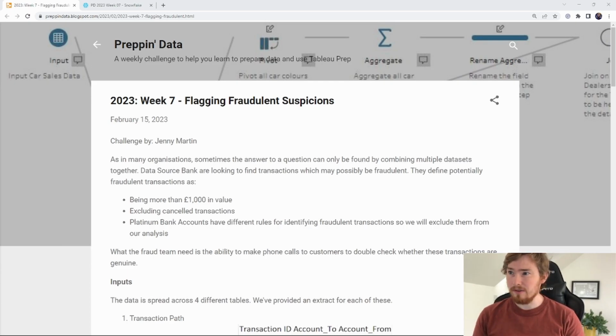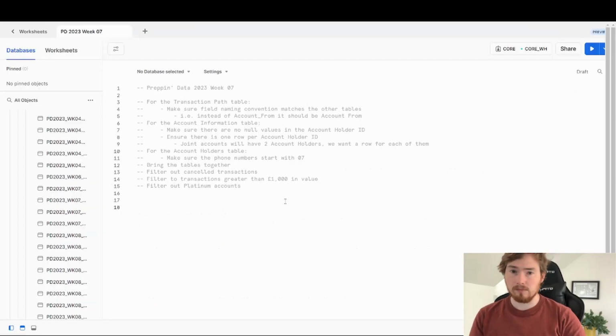In this challenge, we're looking for frauds, finding out frauds. We're combining a lot of data sets together, so we're going to be doing a lot of joins in SQL. Okay, so we have a lot of requirements for all kinds of different tables to work on and then bring them all together at the end. So I'm going to work through each of these in turn and then think about how I'm going to join